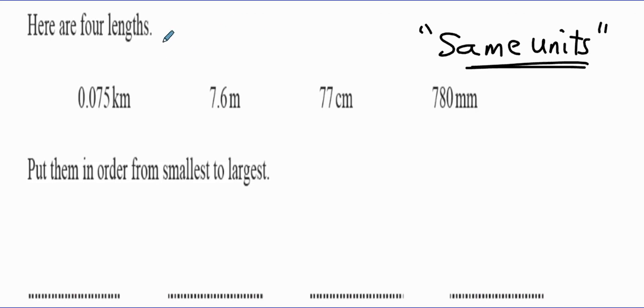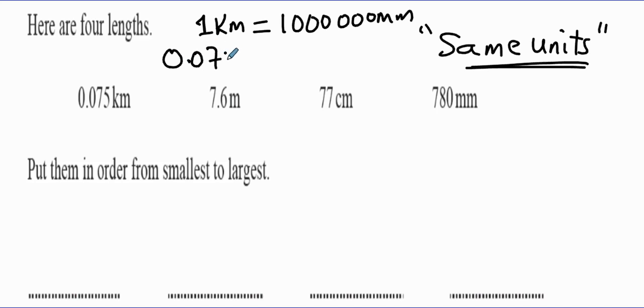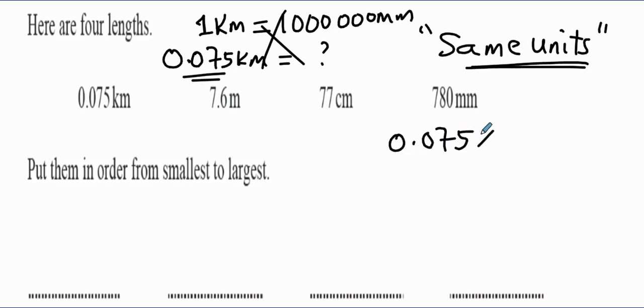We know from King Henry daughter blah blah that 1 kilometer equals 1 million millimeter. Now how about 0.075 kilometer, it equals how much? You cross multiply this number times all of this million divided by 1. So to multiply 0.075 times 1 million,